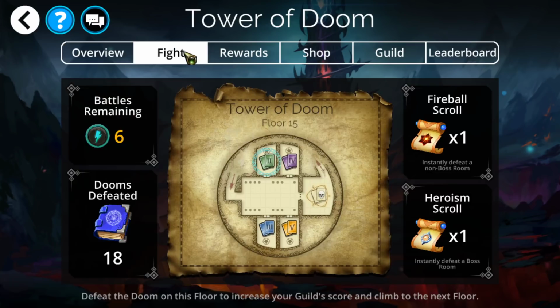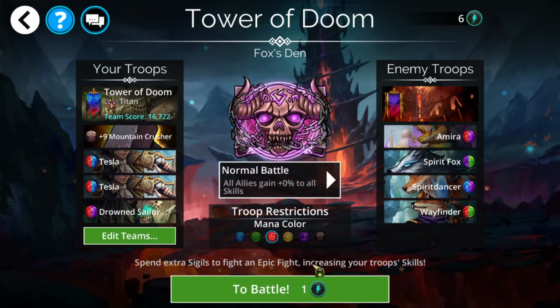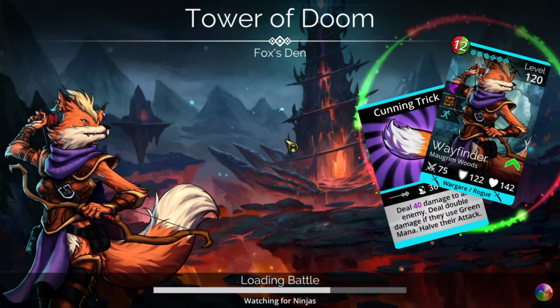Anyways, actually, you know what? We might as well do a battle while we're here. So I've been using Tesla so far. I already scouted out to see which rooms we need to do. Here's a relatively cheap team. We'll be showing one even cheaper though. But Mountain Crusher, Tesla, and a